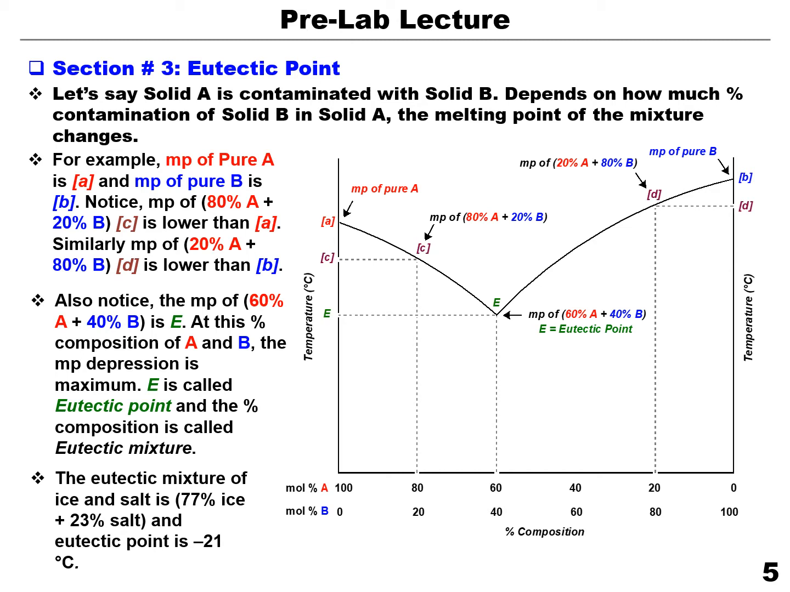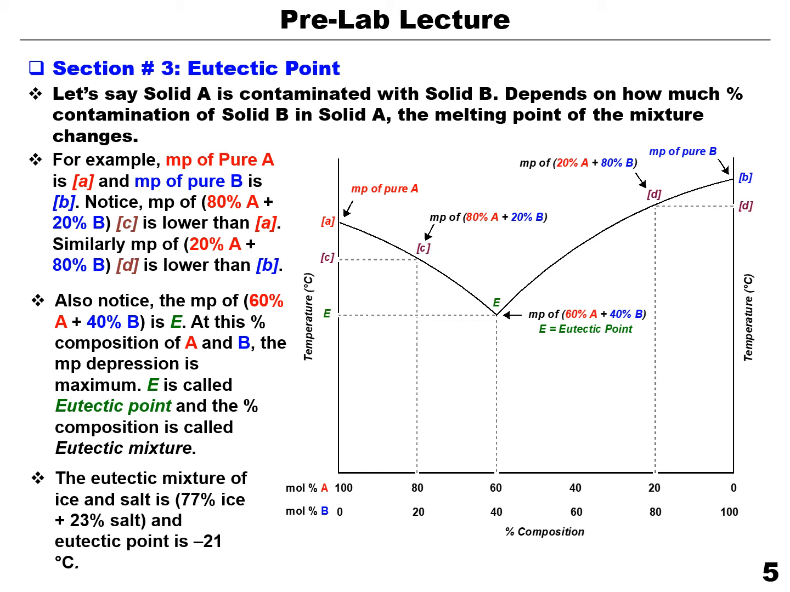lowest temperature for a mixture of two substances. And of course, this eutectic temperature is different for different compounds. For instance, if we take the salt and ice, the eutectic point is minus 21 degrees Celsius, but it may not be the same for some other mixture of substances. And this eutectic point for ice and salt occurs whenever there is 77% of ice and 23%